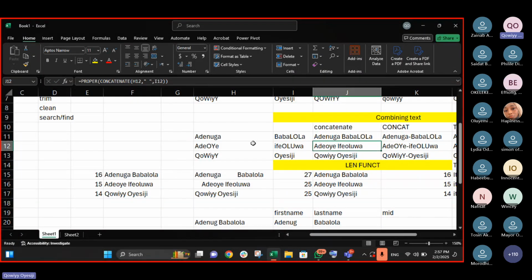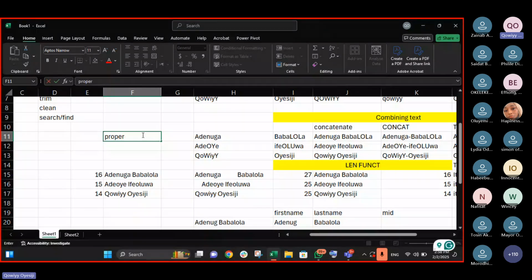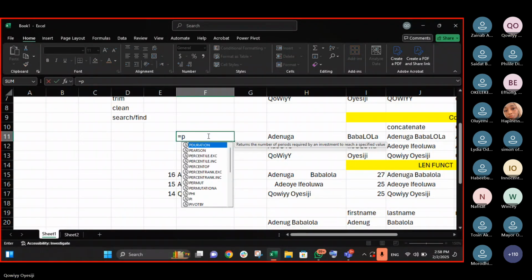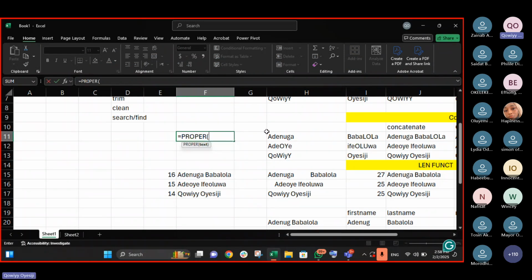But you cannot apply proper to two cells at the same time. If I say equals proper like this, I should then click on this cell and this cell again. You see, I only have one text.